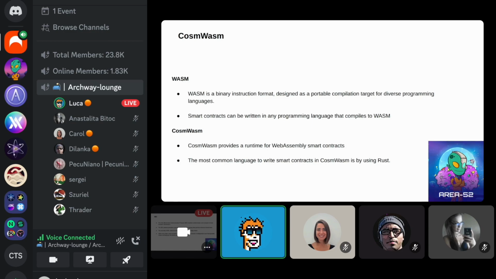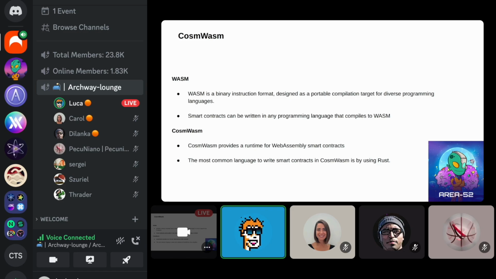So we are going to get into CosmWasm a bit. For whoever doesn't know, WASM is basically a binary instruction format. Its whole purpose is to be the compilation target for different programming languages. And this means that in general you could use different languages to create a WASM executable, but when it comes to CosmWasm at the moment, even if you could use Go, for example, the most recommended way would be to code in Rust. So it's highly advisable to start learning Rust in order to create smart contracts with